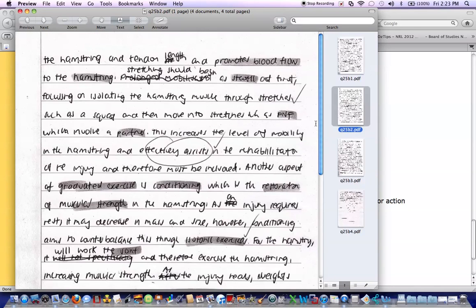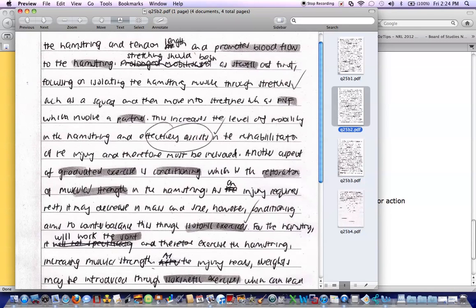We'll go to our second page. It continues to relate to the hamstring and still talks about it. This increases levels of mobility in the hamstring and effectively assists in the rehabilitation of the injury, and therefore must be included. So there's even more of an evaluation, justifying here, going through the importance of stretching, what it does. It promotes blood flow, gives some examples of static and PNF stretching, but then reinforces his position in terms of justifying. This increases the level of mobility in the hamstring and effectively assists in the rehabilitation of the injury, and therefore